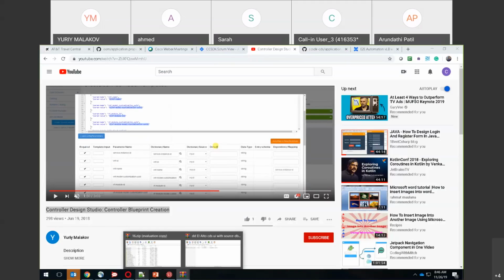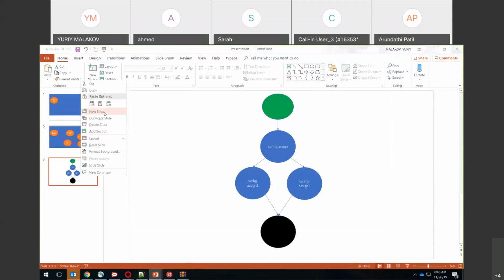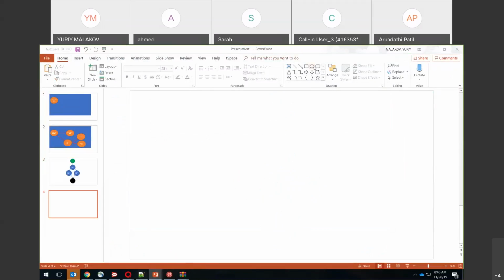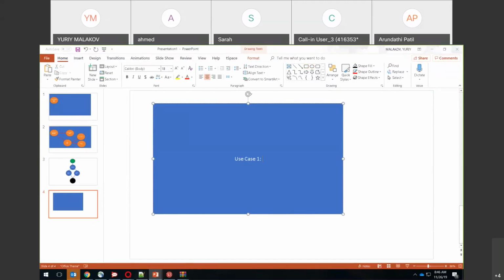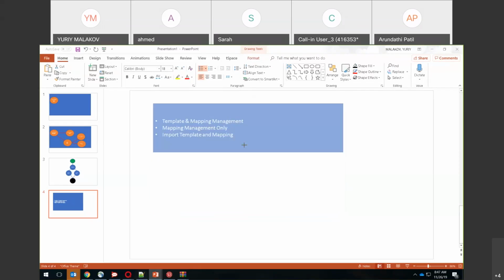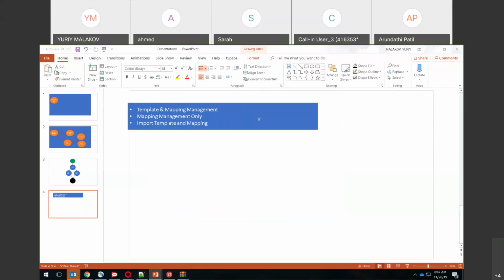Those three use cases, I think we want to be able to handle. So use case one is template and mapping management only, and support template and mapping. Those are the three use cases I would say we have. Okay. So about the mapping management, if the user selects a dictionary source, and this dictionary source has